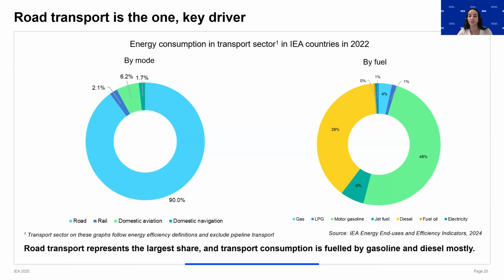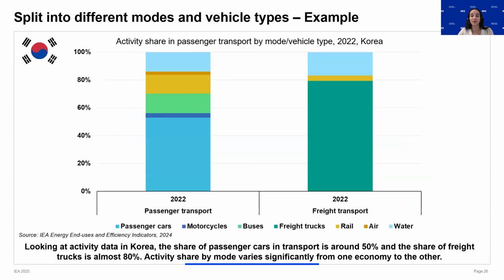But what about the split between passenger and freight? That is, how much is consumed by cars and trucks? For example, the share of passenger cars in Korea is around 50%, but the share of freight trucks here is almost 80%. Activity shares by mode vary significantly from one country to another. So looking at activity data can help us to explain variations in energy consumption patterns, efficiency, driving habits, and car